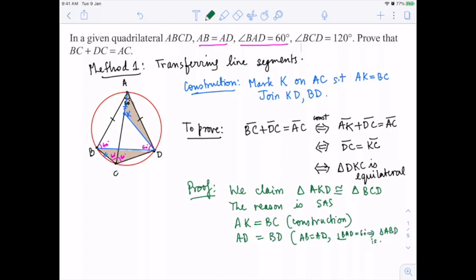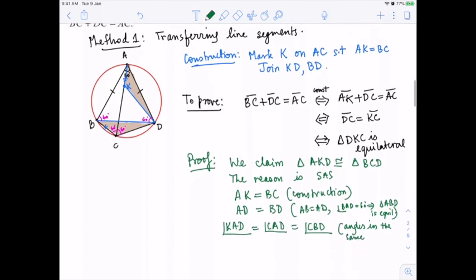Okay. Finally, the included angles are also the same. So the included angle KAD is same as CAD, right? Because AKC are collinear, and angle CAD is same as angle CBD because they are angles in the same segment, right? So, but these are corresponding angles. So angles in the same segment is the main reason. Angles in the same segment, angles subtended by the same arc rather. Okay. So all these three put together, you have SAS congruency. Hence, triangle AKD is congruent to triangle BCD.